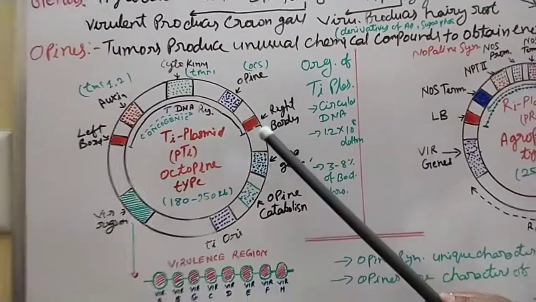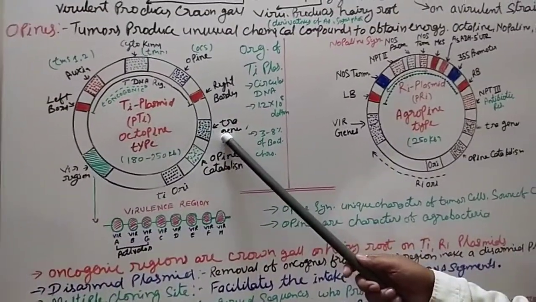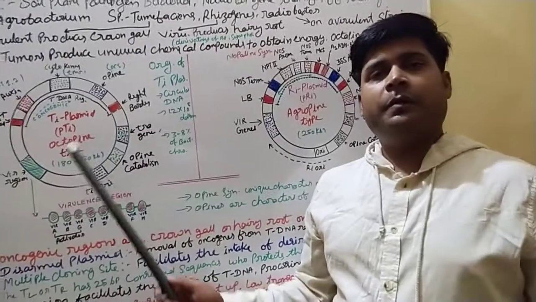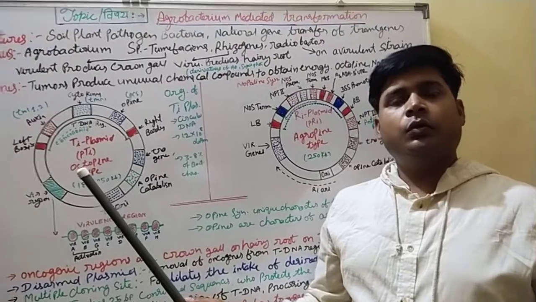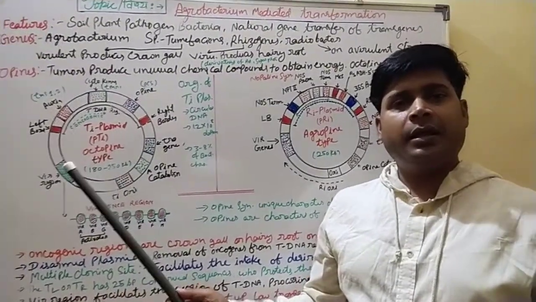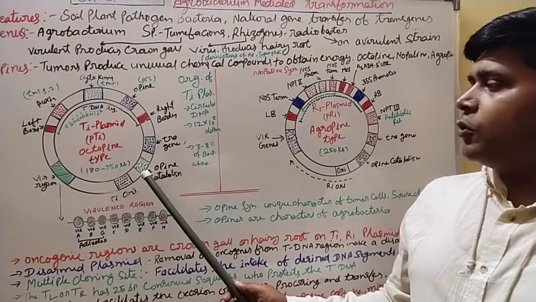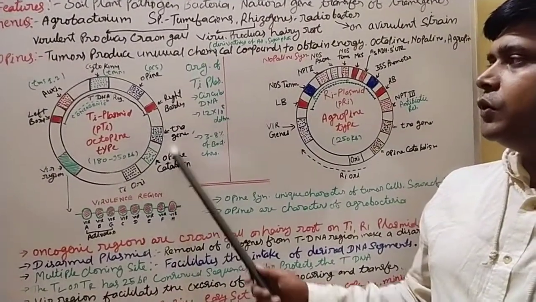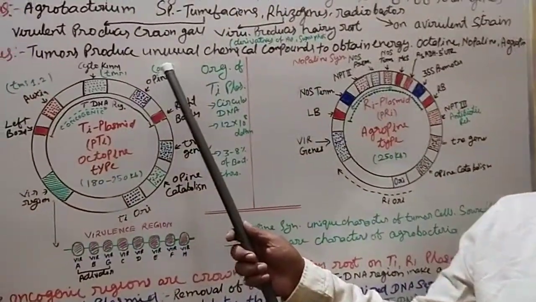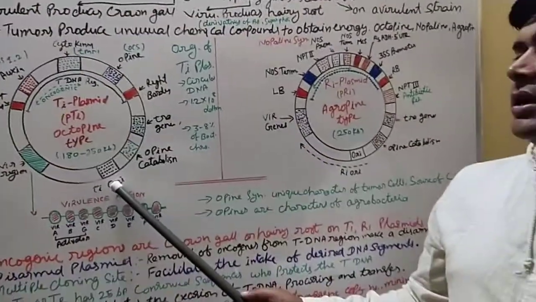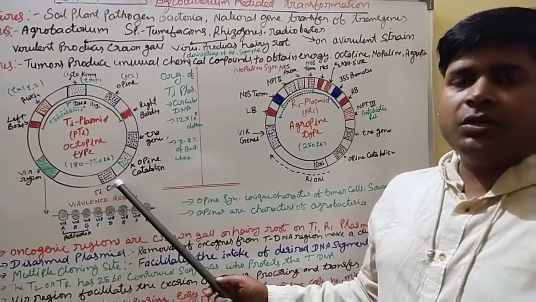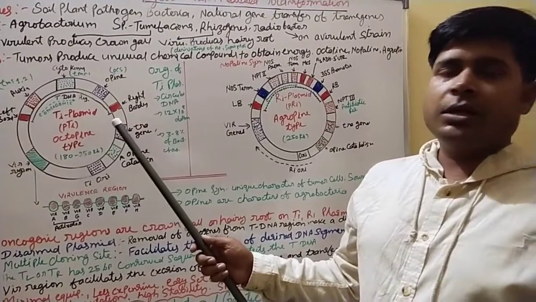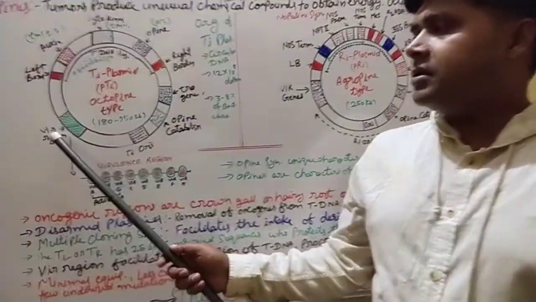Apart from the T-DNA, what other things are here? Tra genes are there that are useful for the conjugal transfer of the plasmid genome to the next cell. It has an opine catabolism region, or gene, which produces enzymes that are able to catabolize the opine produced by the OCS gene. Next, it has the ORI site, the origin of replication, which replicates the whole plasmid during the cell division process.